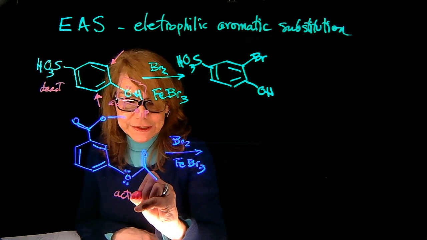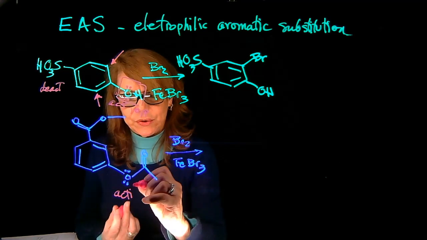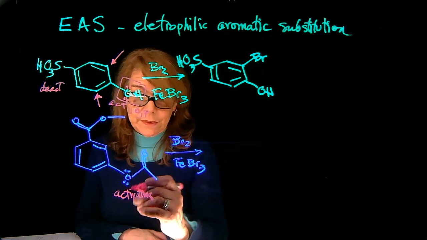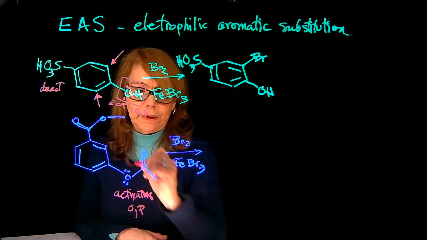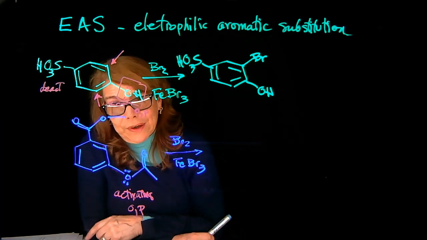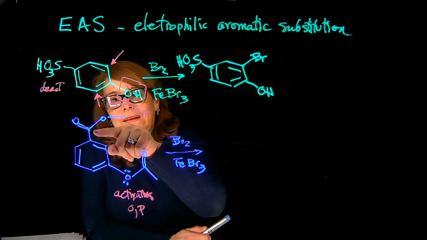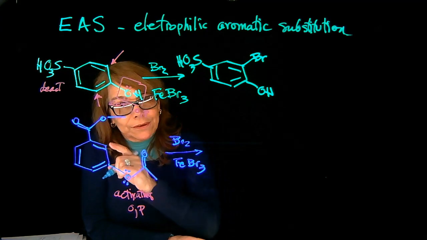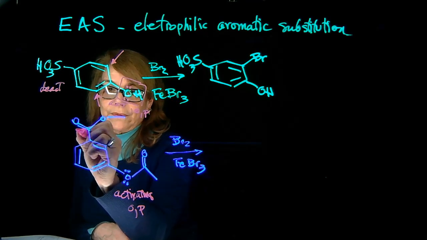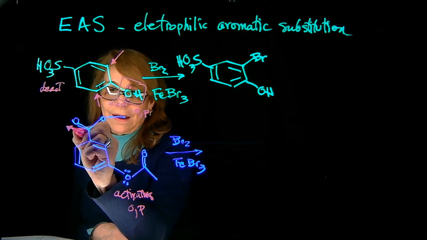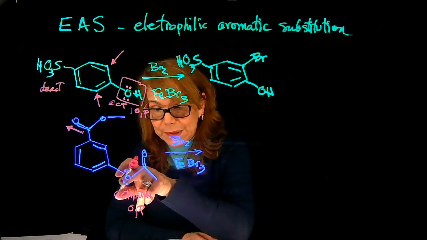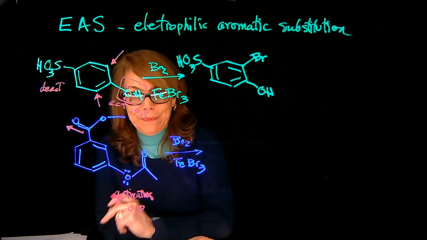So remember, that's the first step. We need to determine what each group is. So activating, and as all activators, it is ortho-para directing. Now let's look at the other group. It is another ester, but now the carbonyl is what is directly attached to the ring, and this is electron withdrawing. So notice, depending on what is attached to the ring, the ester group is going to function as activating, attached by the O, and here, attached by the carbonyl,